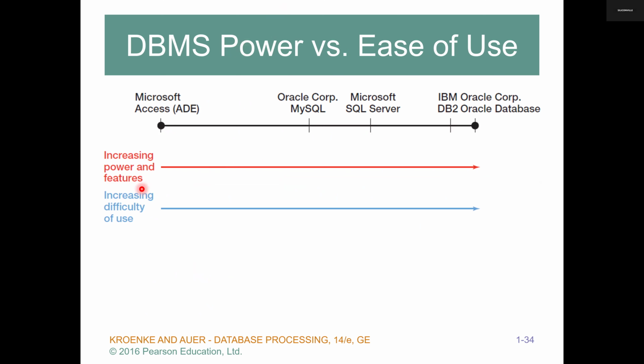Now look at something here. Microsoft Access, in terms of power, is the lowest. As you go along, the more powerful you get. Access is lowest, then we have Oracle, MySQL, Microsoft SQL Server, all the way to IBM. So basically, we are saying that IBM DB2 and Oracle are the strongest, most powerful databases. In fact, even the